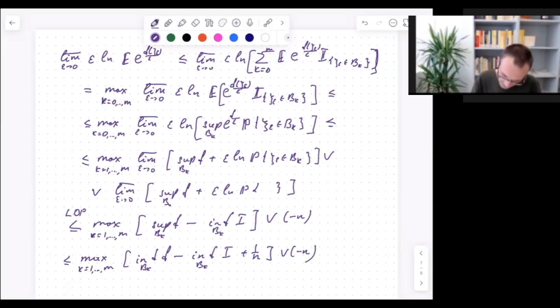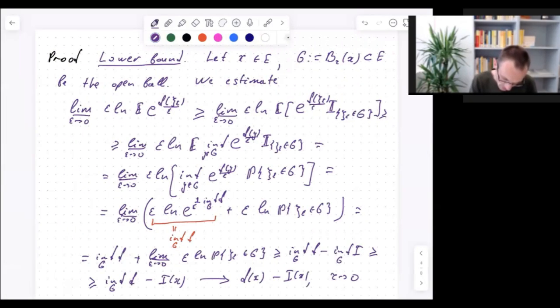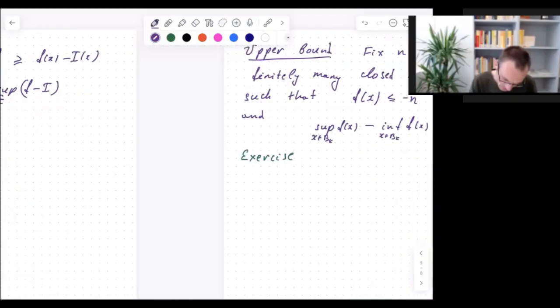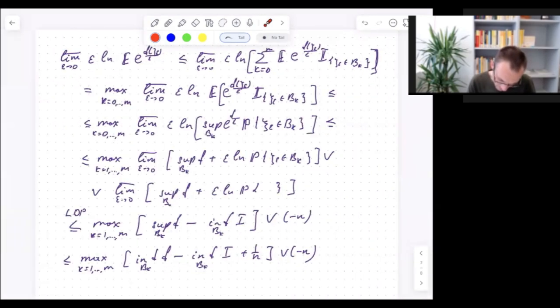So for us in this place it is indeed important that the function is continuous, because for continuous functions, we can build closed sets where the oscillation is small,